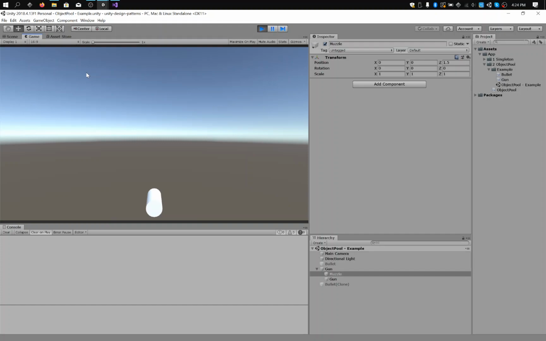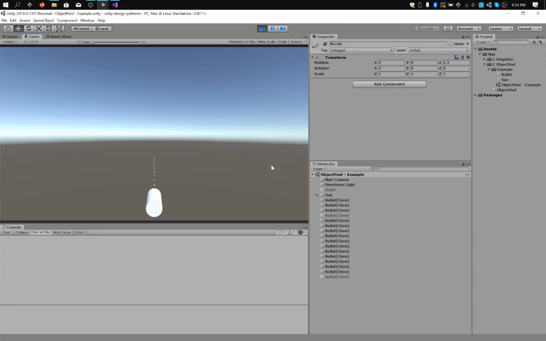So this looks like I'm creating a lot of bullets, right? But after a while, because of how fast I'm actually requesting these objects, it's just recycling. So it almost looks like I have infinite bullets. But I really don't. I actually have this fixed amount of bullets that are actually in memory. You see that? But it almost looks like I have an infinite amount,